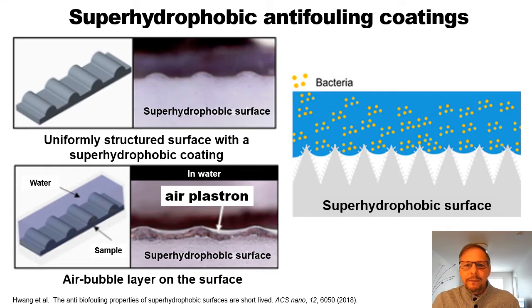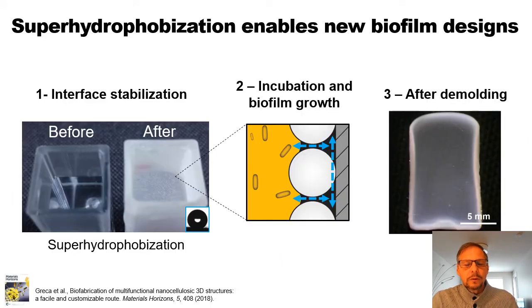In this case, we have the bacteria in yellow, water in blue, the hydrophobic surface in gray in the bottom, and in white air that is entrapped, and that's the air that the microorganisms access to produce the cellulose at the interface. In this case, at the interface between the hydrophobic surface and the water. So by waiting a little bit, we're going to get a pellicle, a biofilm, or a network of cellulose